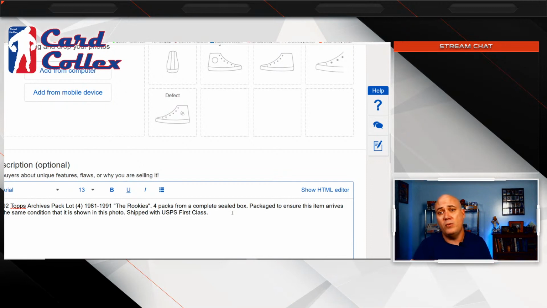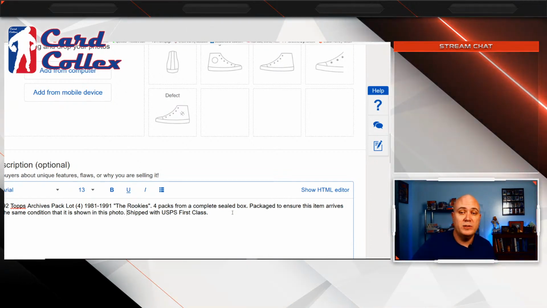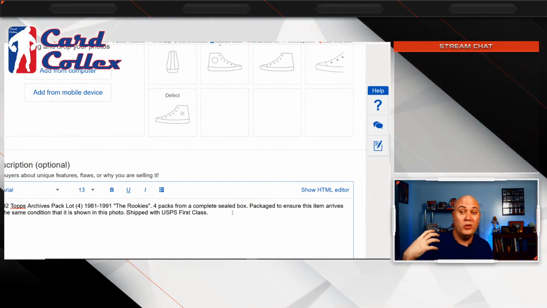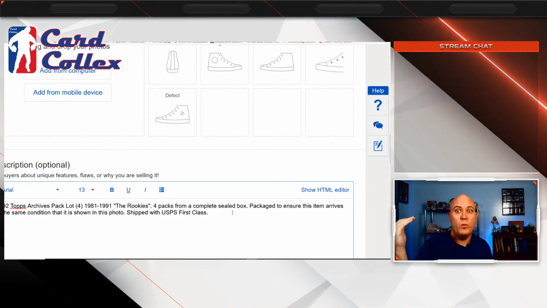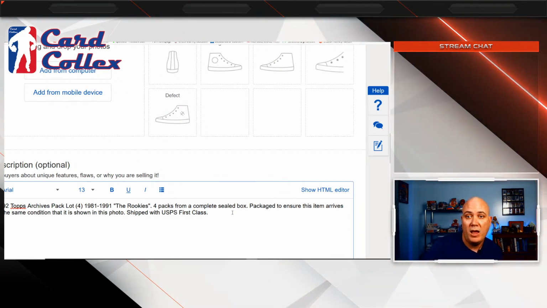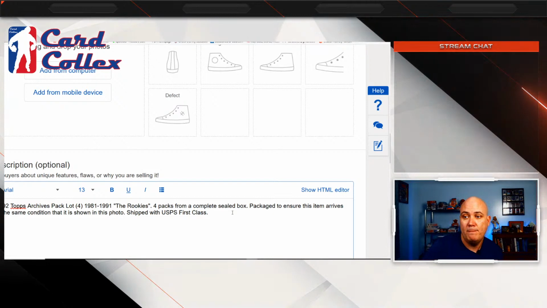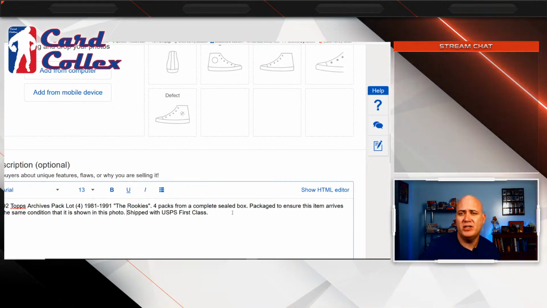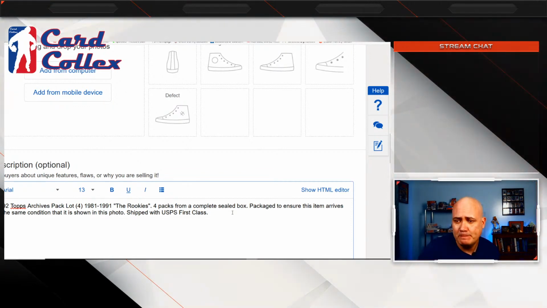Maybe I go way too far, but I go above and beyond when it comes to packaging to make sure that nothing's damaged, because like I said, I can't control what USPS does. All I can control is how I ship that product. If I ship it right, then there's way less chance that something happens to it. So most of the time, I'm going to use a box with bubble wrap or peanuts or something like that, to create some type of void in there, so that even if it gets dropped, it's protected.